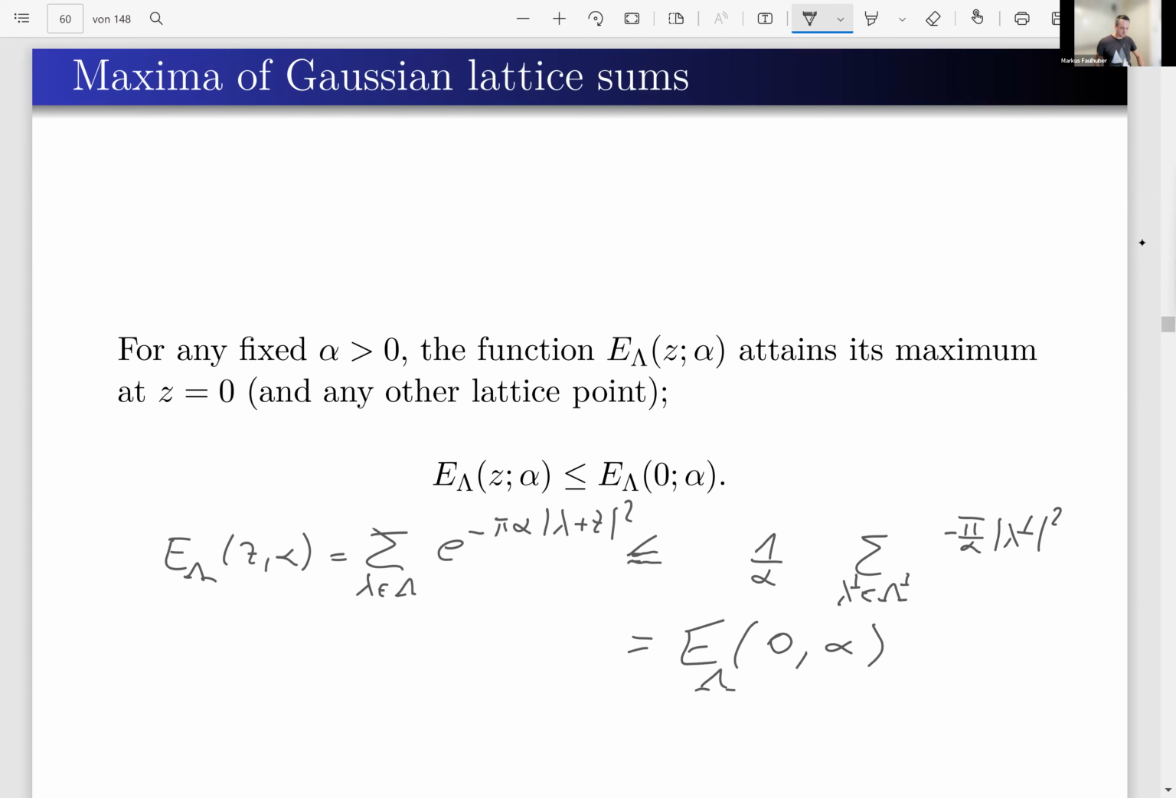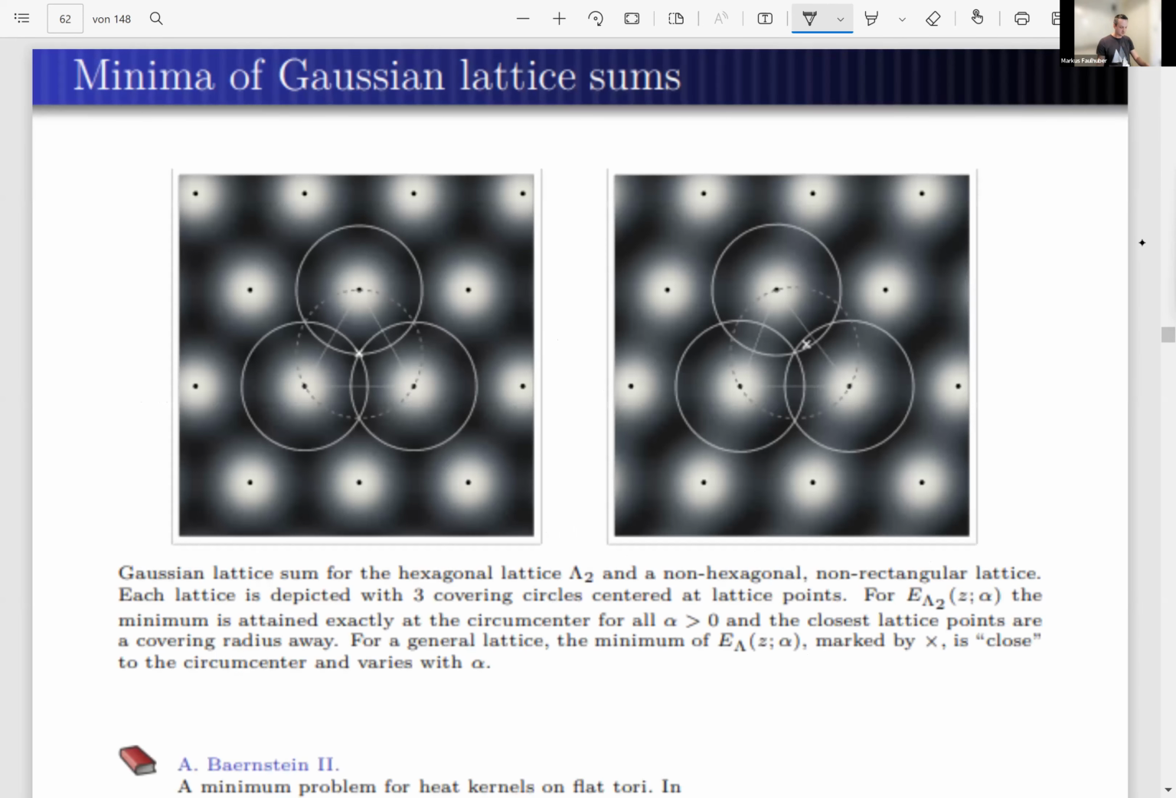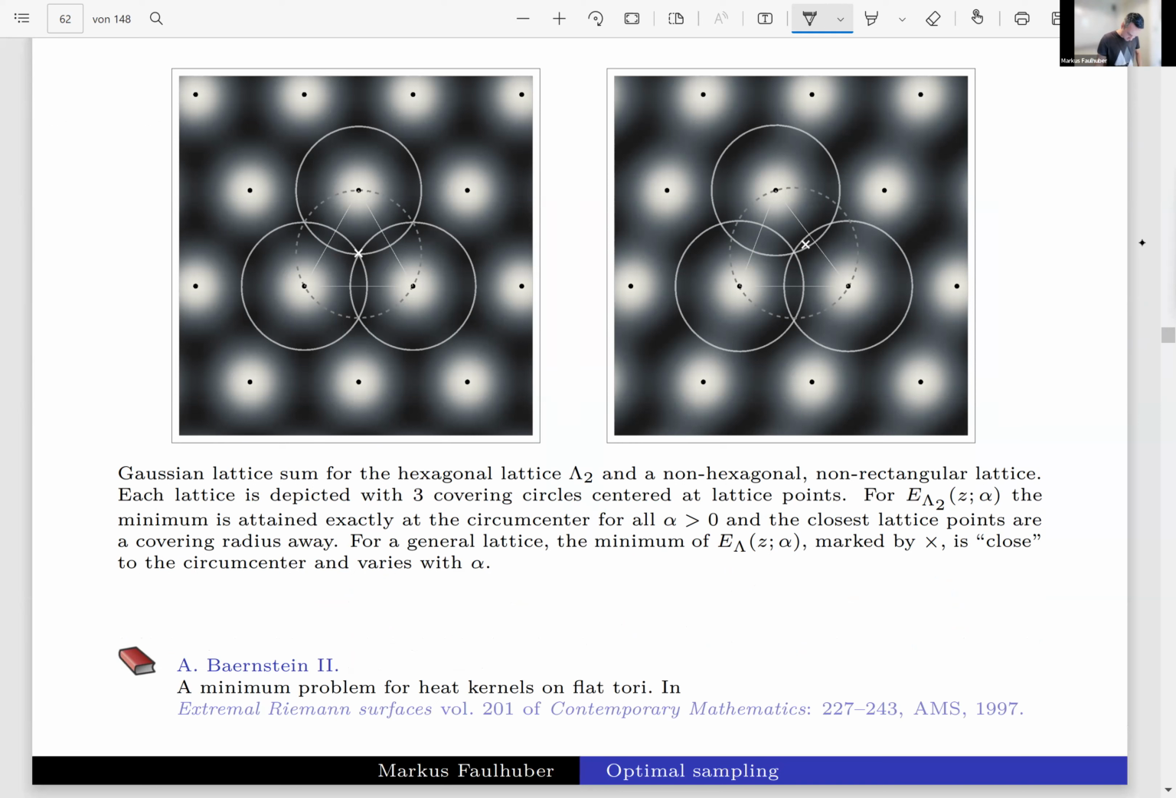And so the maximum does not depend on any lattice parameters. That is completely different for the minimum of this Gaussian lattice sum. In general, the minimum depends on the parameter alpha and on the geometry of the lattice, which is determined by 2 parameters in dimension 2. So we have 3 parameters which describe the minimum. The nice part is we have a result from Bernstein from 97,